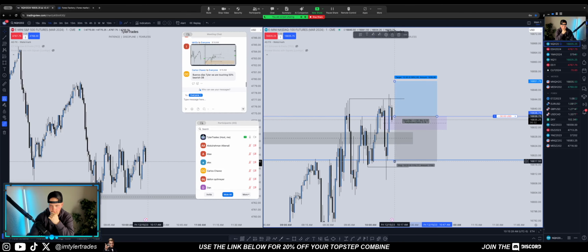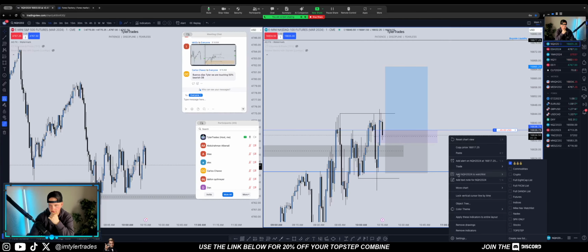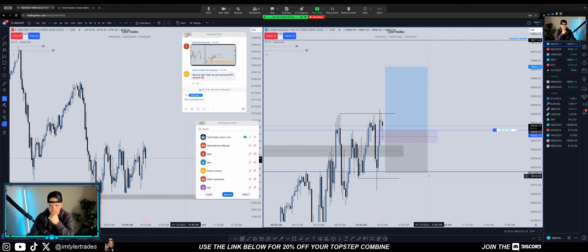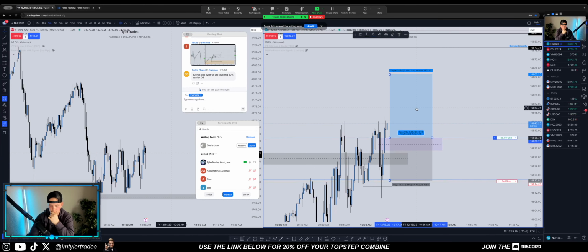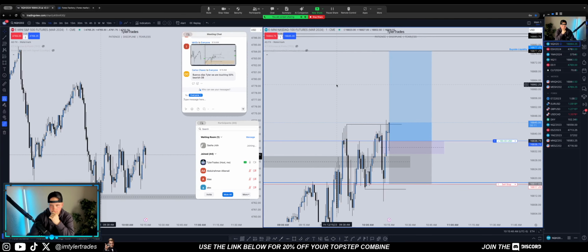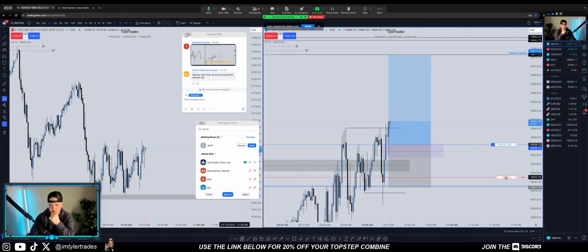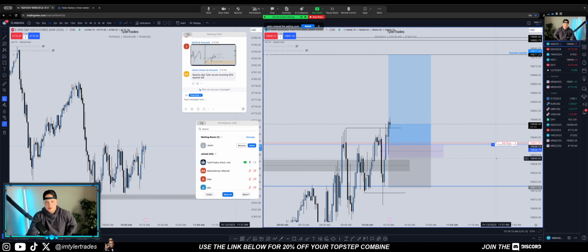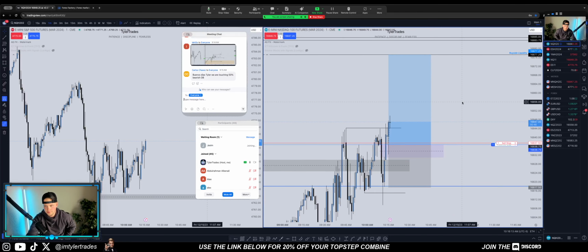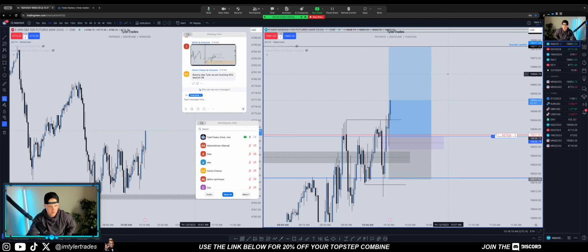For now my stop's probably just going to go here below this candle. It's a 19-point stop. Targeting, I'm just going to target this, I guess, the first level of buy side. Since it's a little choppy, now we're getting back above these highs, I'm going to go risk free. We'll just do that. I'll play it that way. I'm already risk free, guys, so if we get the follow through and the push up here, I'd like to see it quickly anyway.